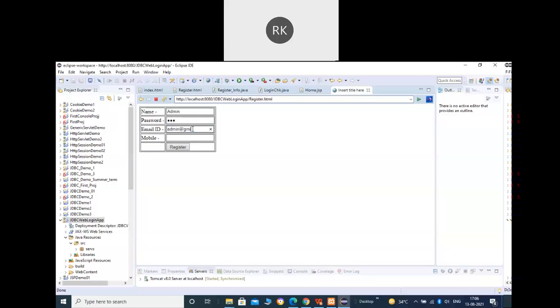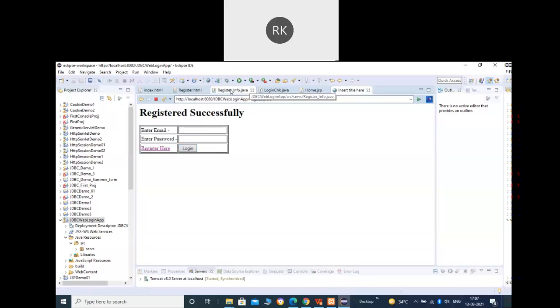All right. So you can see here it is asking us for the email and the password because we are a new user here. So first of all, we want to register. So first of all, click over this register button, and you can see here the register.html page has been opened where you can enter your name, password, email, and mobile.